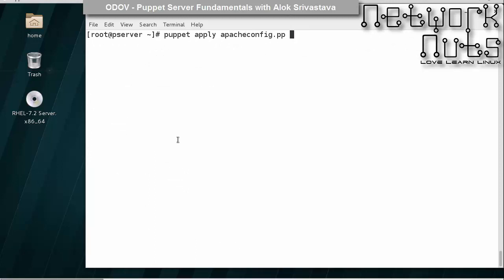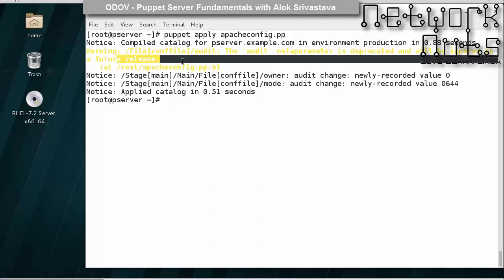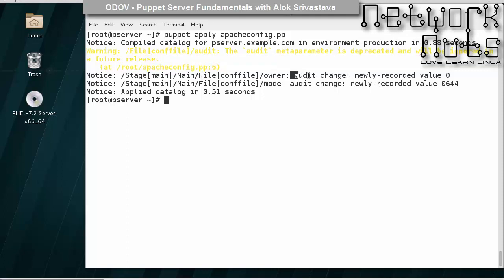I check the syntax. Okay, I had directly run it. No problem. See, audit is deprecated, no problem. It will be ignored in a future release, but it's working. See, it has recorded the owner, UID 0, and the permission. That's great. Now what's the big deal? If I change it, say I do chmod 666 on etc httpd httpd.conf,